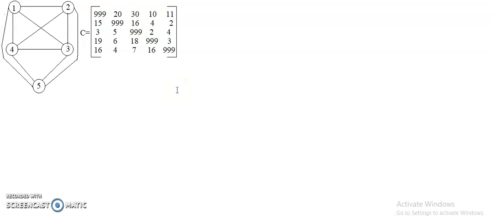Let us see. Each and every time we will apply one particular formula to obtain the cost of a particular element.